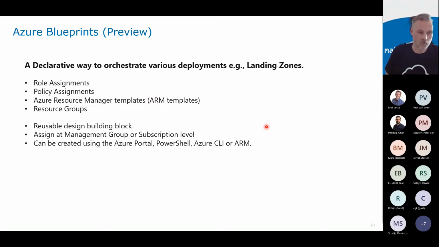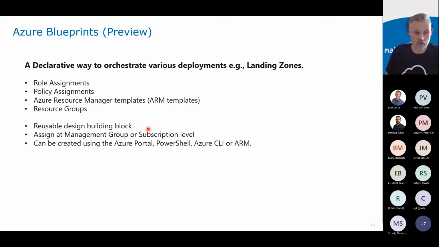And in those blueprints, you can put role assignments, policy assignments, but also ARM templates and resource groups. And it can create a complete landing zone based on that blueprint. It's a reusable design building block, like you saw in the architecture. You can deploy that, and from the Microsoft documentation side, there are links to a GitHub repository where all these building blocks are